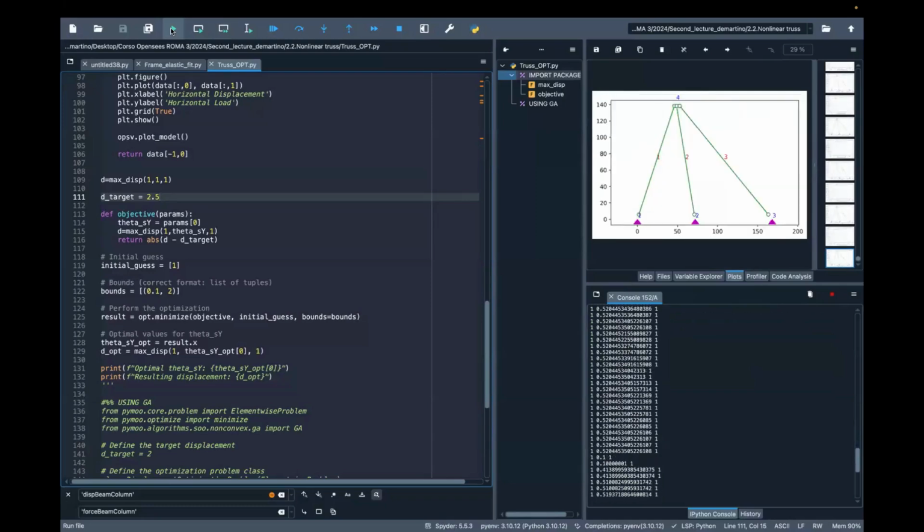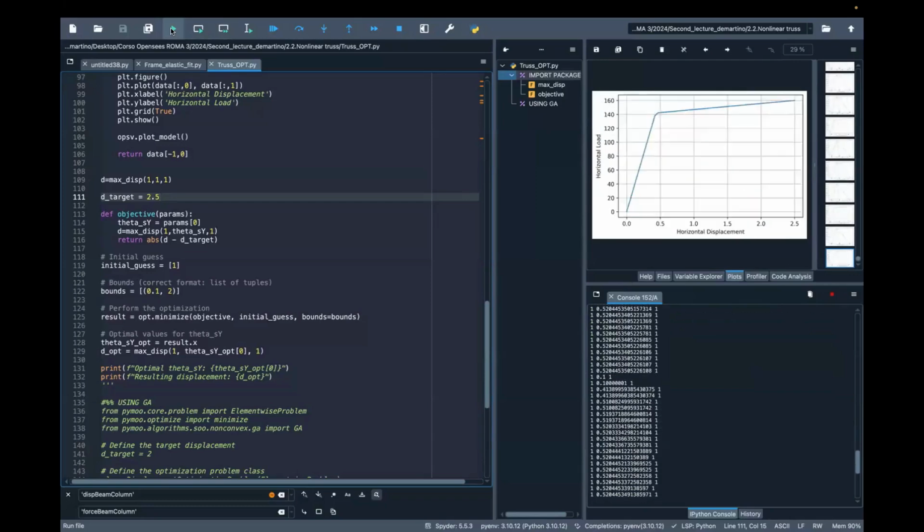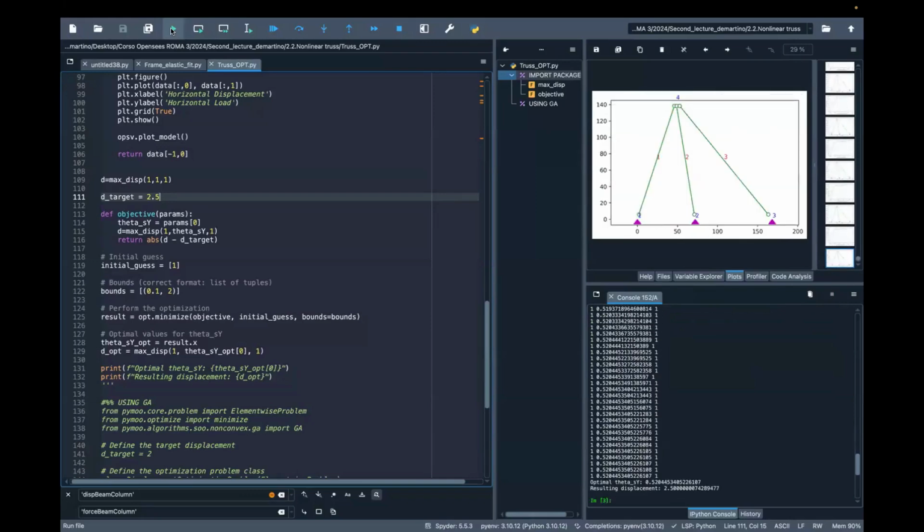Obviously, you can approach multiple variables, okay? You can tune whatever you want. You can tune whatever constitutive law inside OpenSees using this approach. You can have a uniaxial material and then optimize it. And finally, for more complex problems,